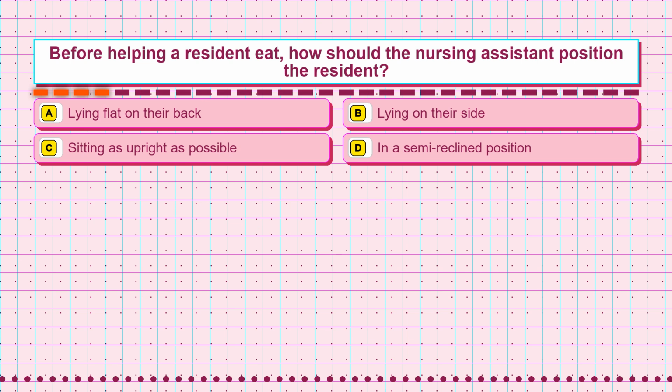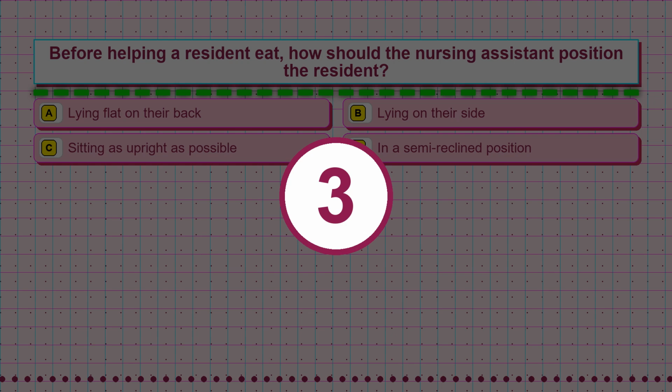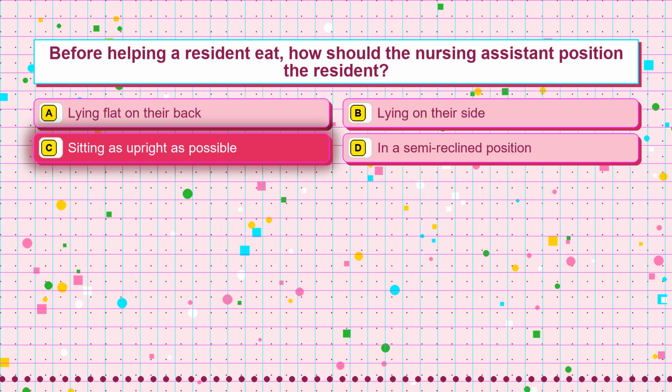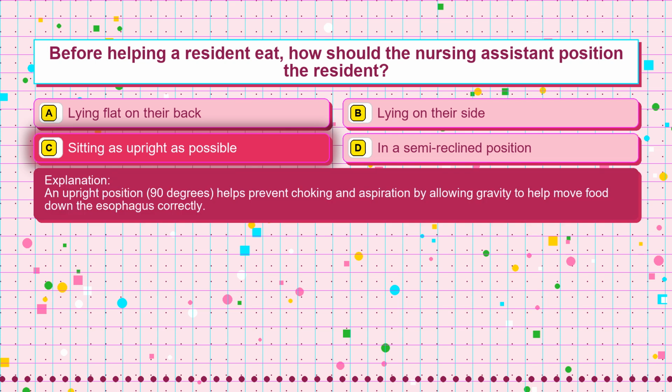Question 54. Before helping a resident eat, how should the nursing assistant position the resident? Option A, lying flat on their back. Option B, lying on their side. Option C, sitting as upright as possible. Option D, in a semi-reclined position. The correct answer is option C, sitting as upright as possible. An upright position, 90 degrees, helps prevent choking and aspiration by allowing gravity to help move food down the esophagus